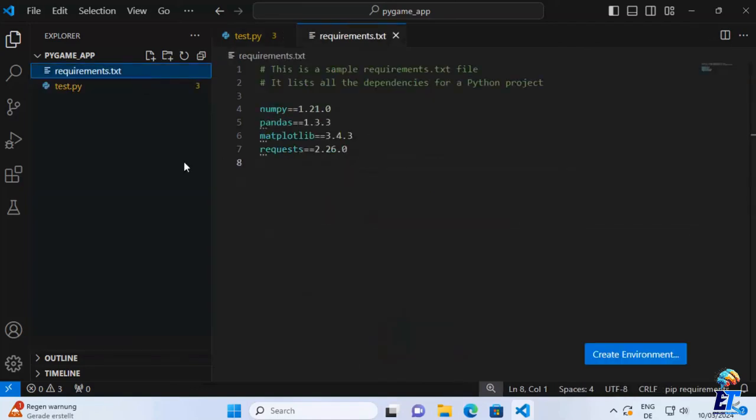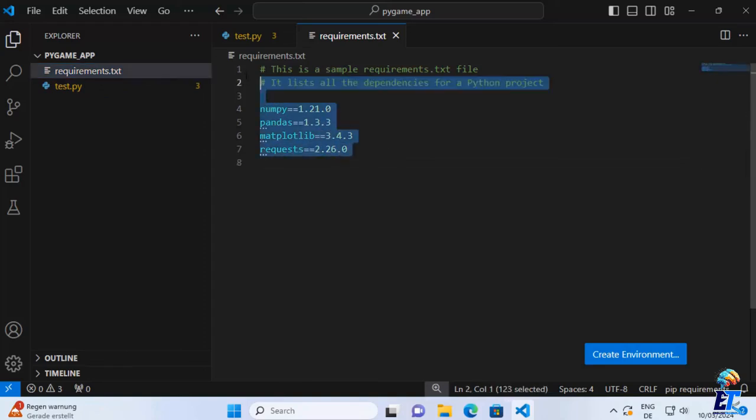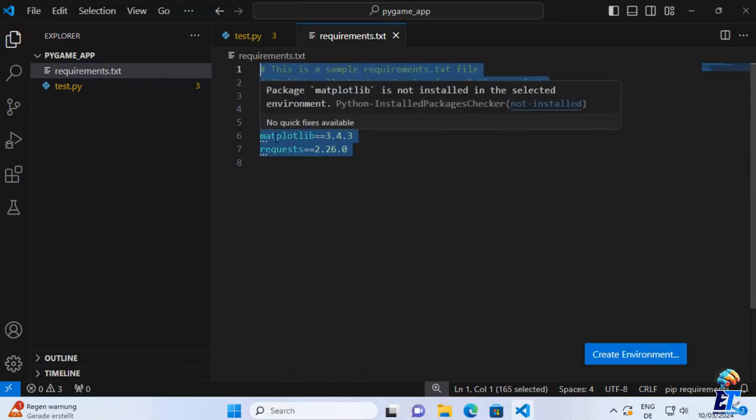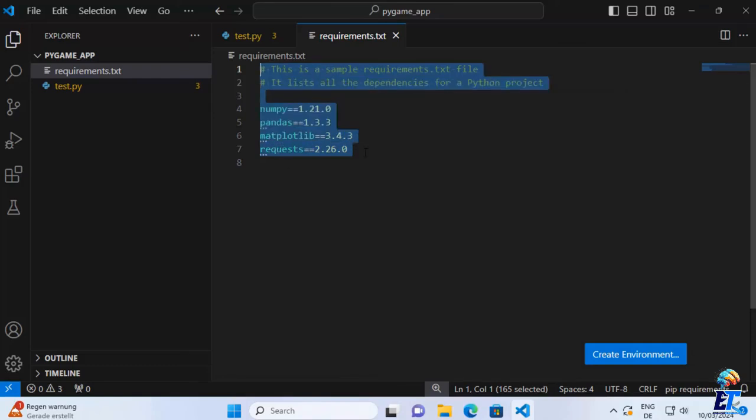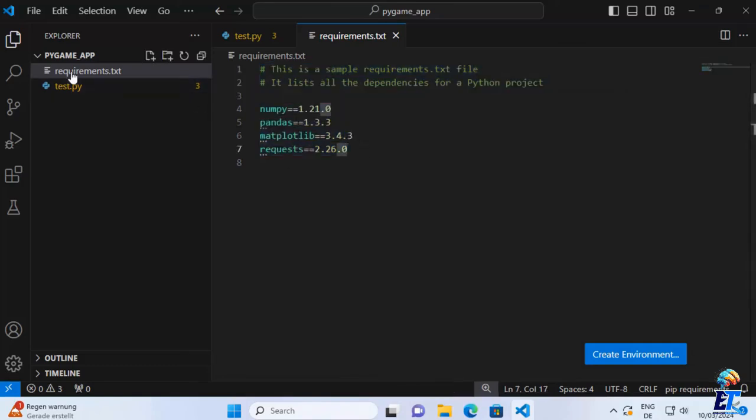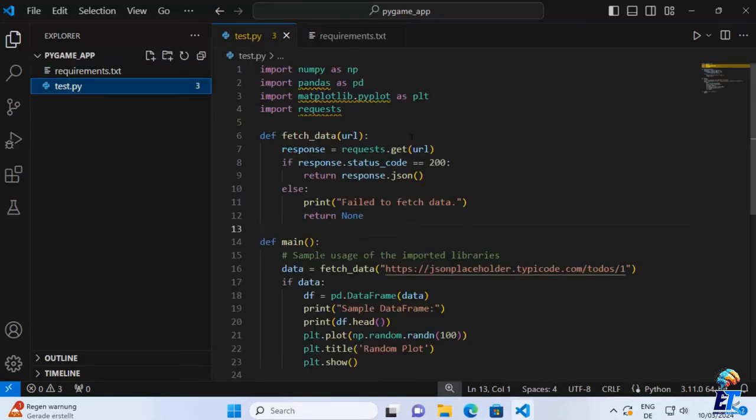So as you can see in this Python app folder, I have this requirements.txt file, which has these packages listed here. So I want to install NumPy, Pandas, Matplotlib, and requests packages, and I have listed them in requirements.txt. And then this is my code which uses those packages. Now, in order to install those packages using